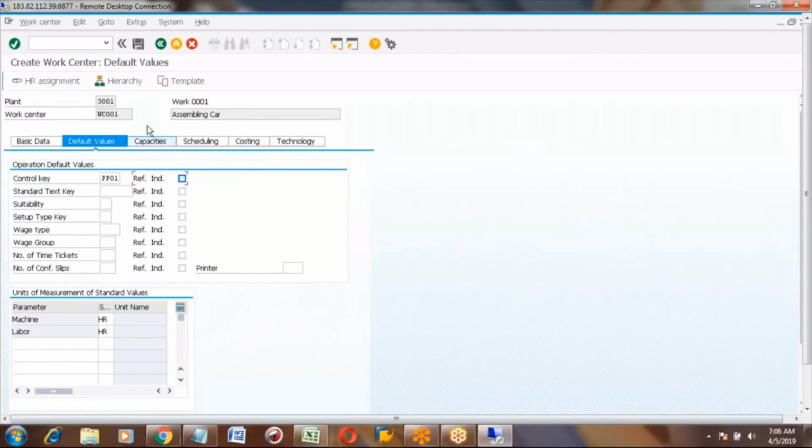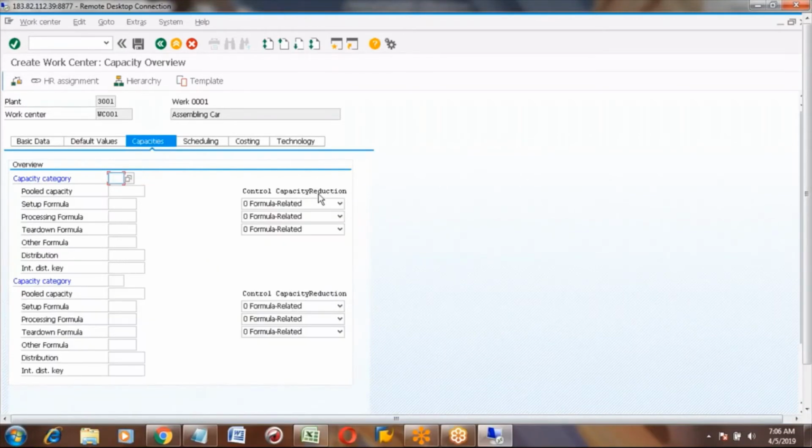Next, I'm going to the next screen, capacity. In this capacities tab, we will maintain some formulas and other parameters also. First is capacity category.